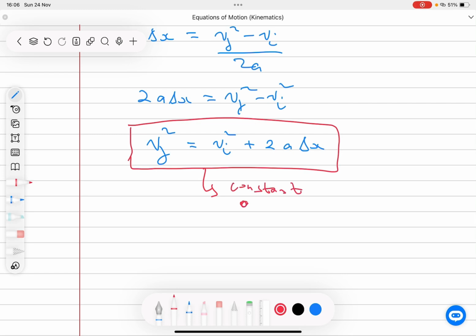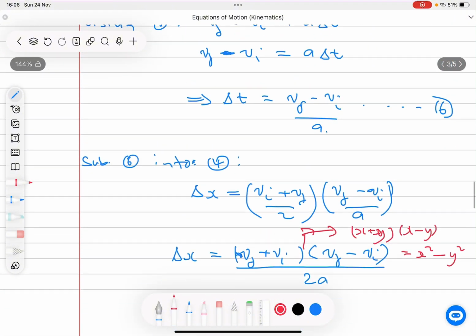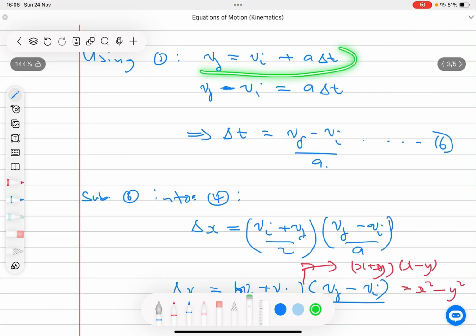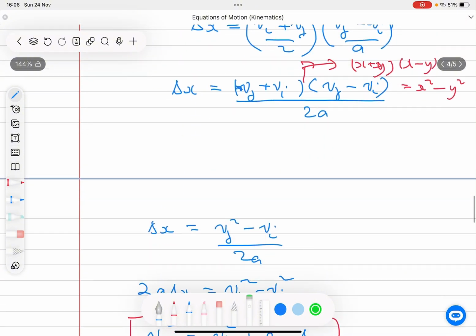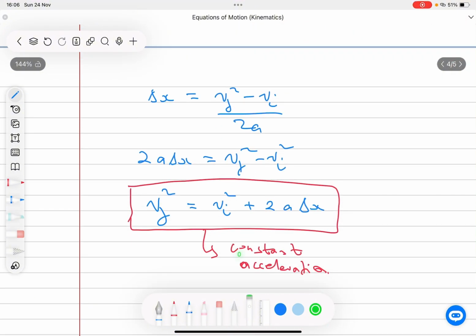And again, it is only used when the acceleration is constant, because it was a combination of the equations that we derived from the fact that the acceleration is constant. So this means also this equation can only be used when the acceleration is constant. And as far as solving our problems, this will be equation 7, because we're numbering them from 1 to 7 as we're solving this,